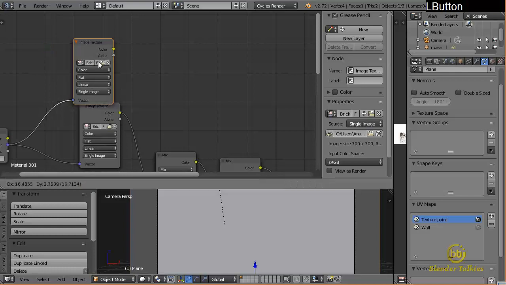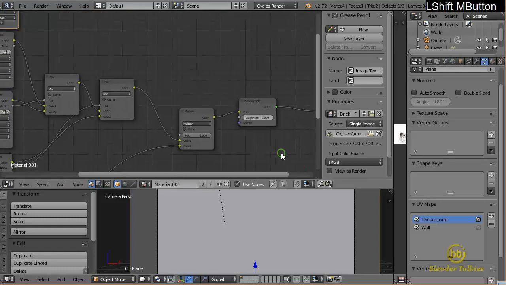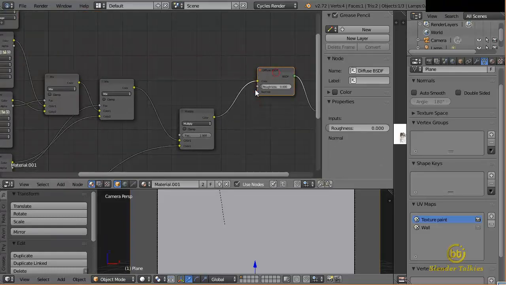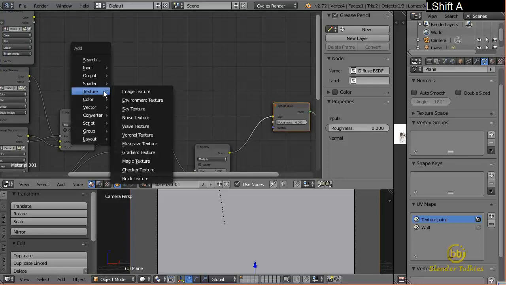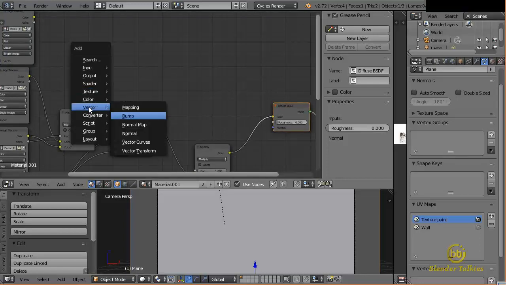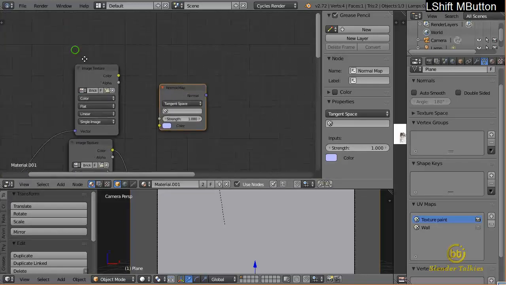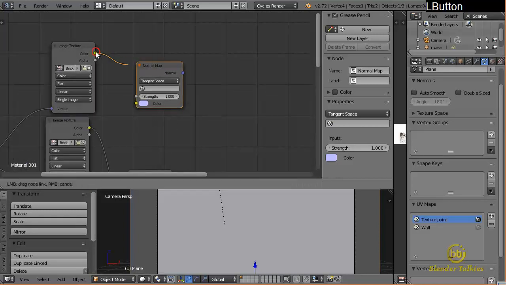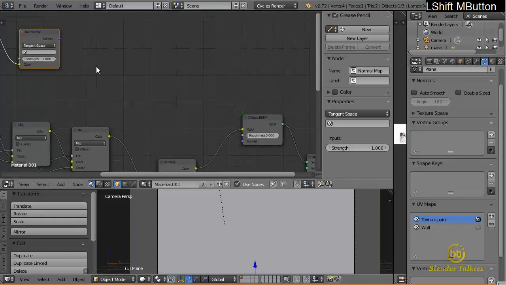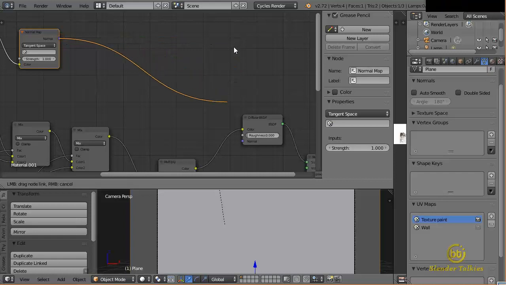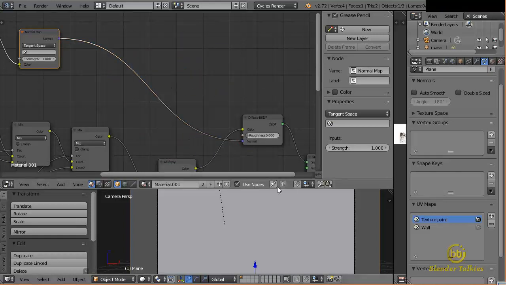Okay, and to connect this normal to this normal input, we need to use a special node. That is, go to the vector, use the normal map and take the output of this color and connect to this one as input, and take this output and connect this one to the diffuse input of this normal. Okay,